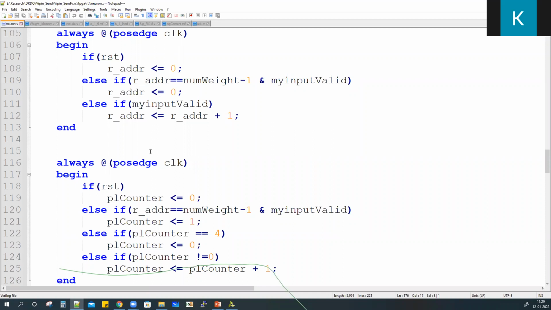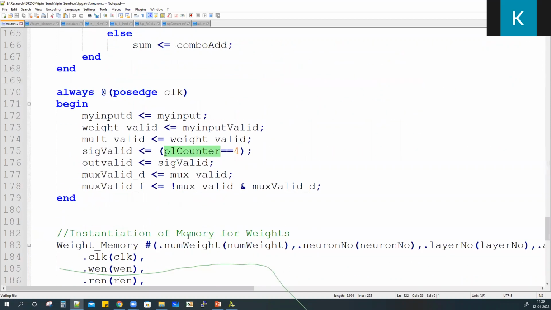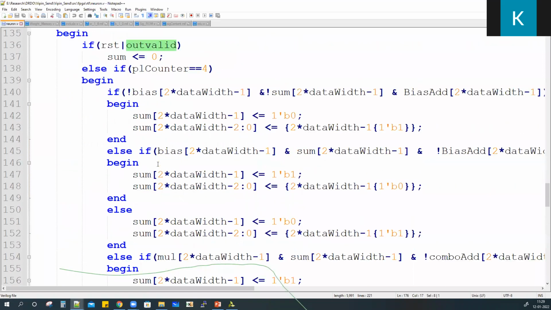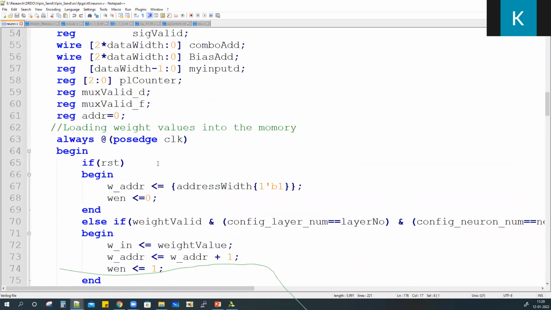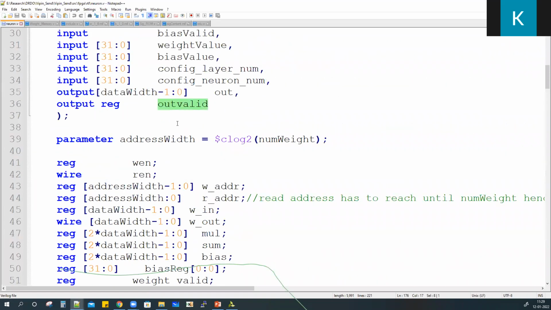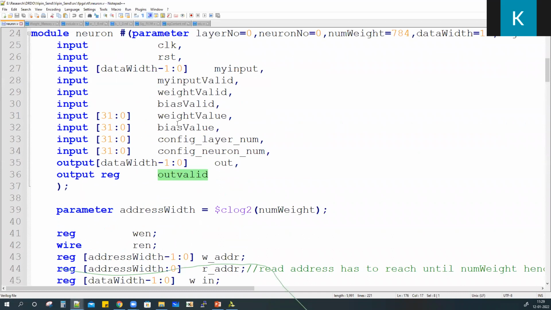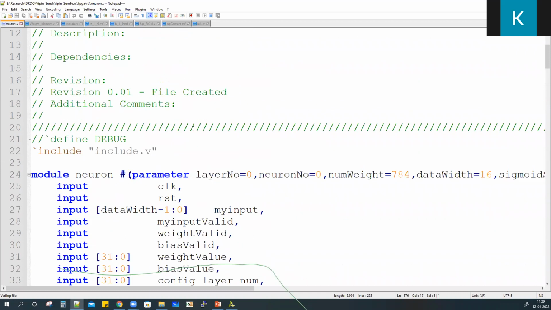So there will be a latency of 4 clocks. That's why there is another block checking whether 4 clocks have elapsed after getting this input. If 4 clocks have elapsed, that means my neuron has completely processed that particular input. Only then will this output become high, telling us the neuron has processed it.